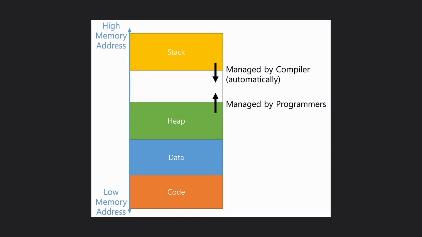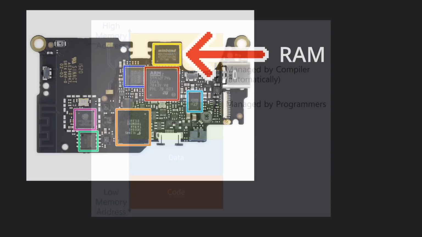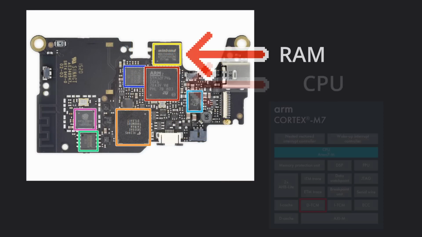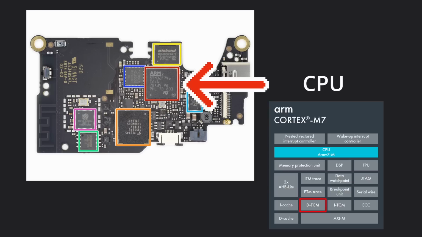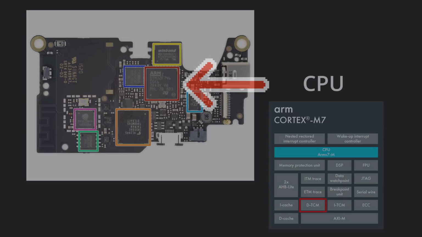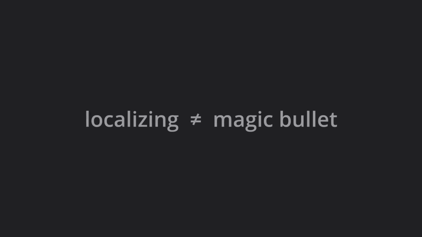that's usually faster to access. In most other systems, the stack lives in RAM next to the heap outside of the CPU. But for the Playdate specifically, the stack is stored in the data TCM inside of the CPU, so it's even faster to access. This sounds great, localizing things definitely helps, and they're pretty easy changes to make so it doesn't hurt, but individually it's not a huge difference, so I wouldn't be too obsessive about it unless you're in a